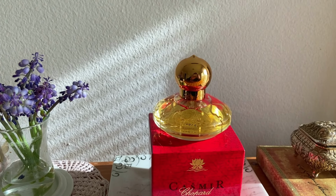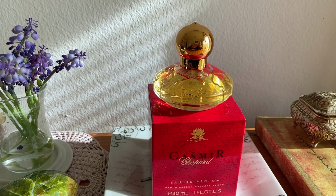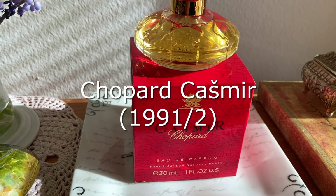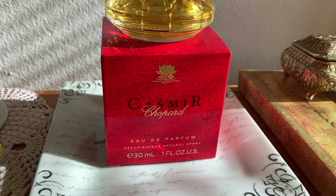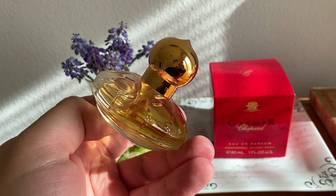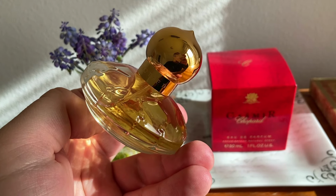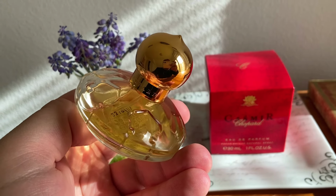In today's video I'll review one of my absolute favourite classic vanilla fragrances. I'm talking about Cašmir from Chopard. It was launched in 1992 and it was truly groundbreaking. Back then this wasn't a cheapie. This was actually sold in department stores. You had to pay a pretty penny to buy a bottle of Cašmir. This was definitely not an affordable fragrance that you could buy on the grey market like today, but it was